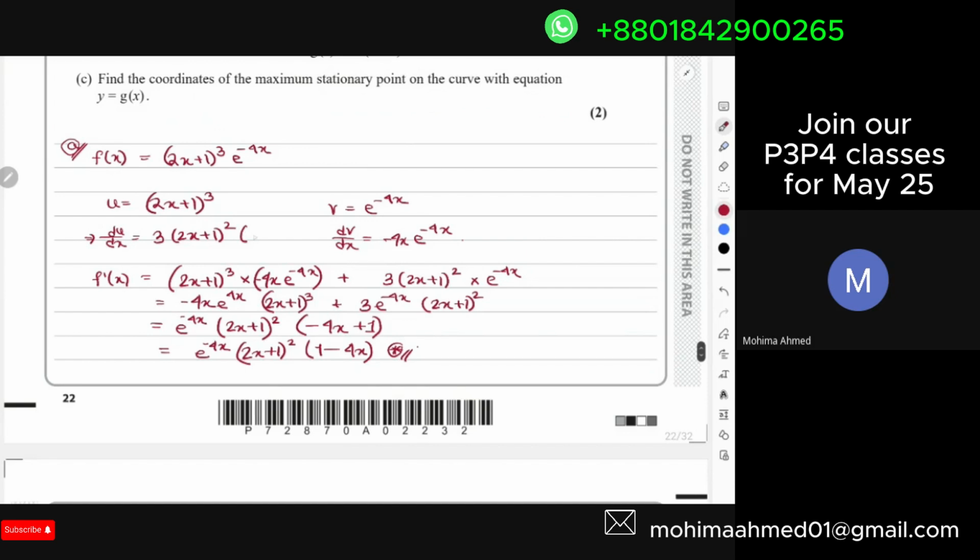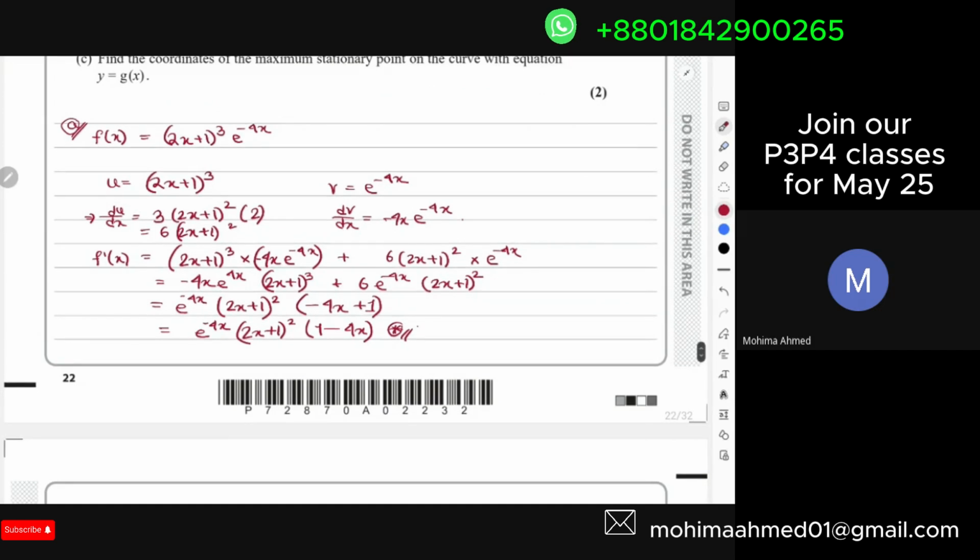We are supposed to differentiate the bracket of this, right? That's going to make it 6(2x plus 1) squared. That means over here, instead of 3, I'm going to write 6, right? So you basically have 6 and 4. So we are supposed to take 2 also as a common factor, right? And then if we take 2 as a common factor, then we were supposed to get, wait, in that case, if I'm taking 2 as a common factor,